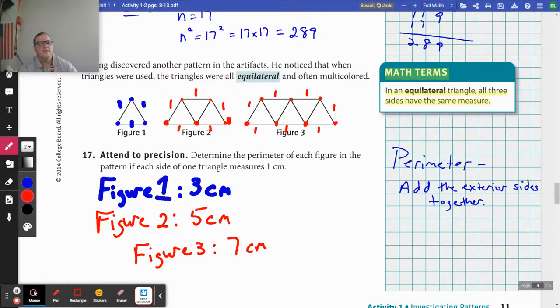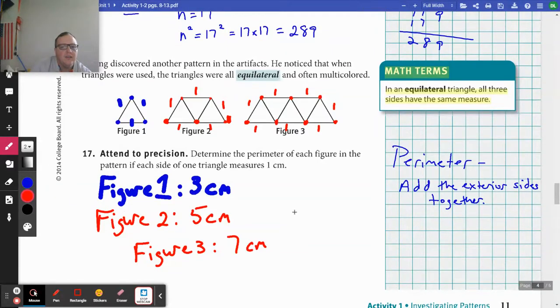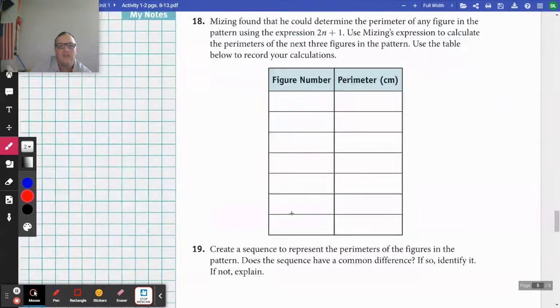Okay, so whenever I finish that up, I flip the page, and now they want me to create a table. Meising found that he could determine the perimeter of any figure in the pattern using the expression 2n plus 1. All right, 2n plus 1. I'll write that up over here. 2n plus 1. Use Meising's expression to calculate the perimeters of the next 3 figures in the pattern. Use the table to